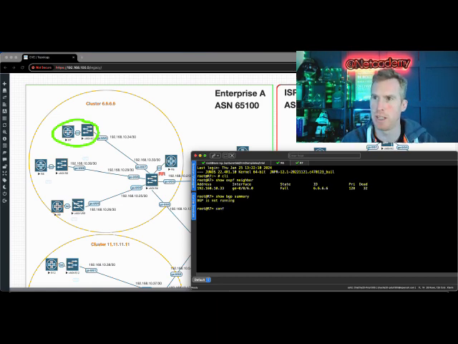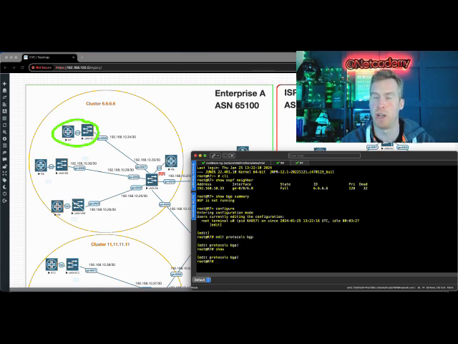So if I go into configure mode, and do edit protocols bgp, and do show, there's absolutely nothing configured there. Now what we need to do is define a group. So I'm going to call this internal